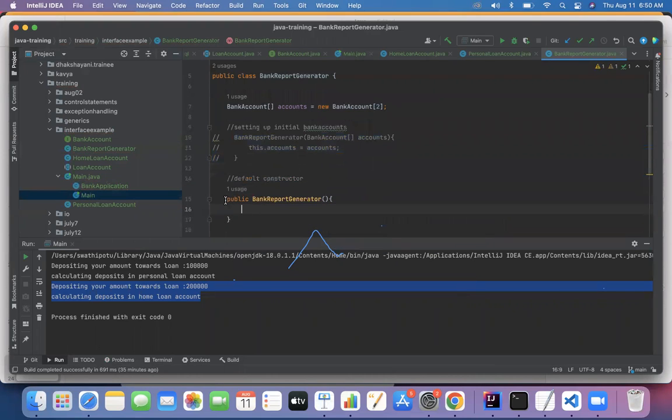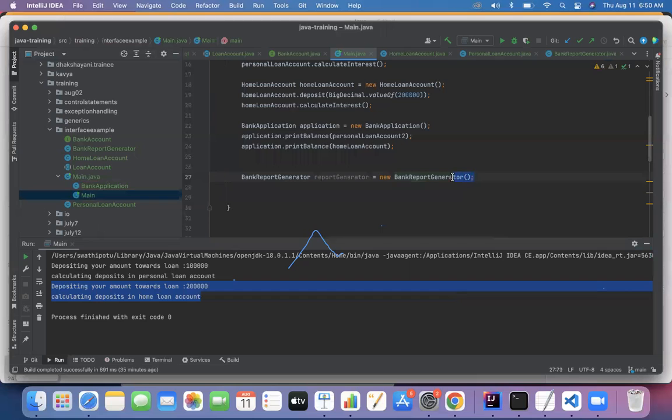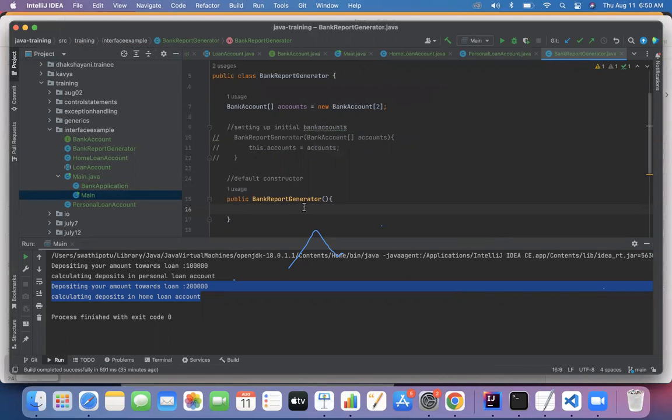So if you do this, it compiles because arguments are not expected in the bank report generator. But if I comment it out,